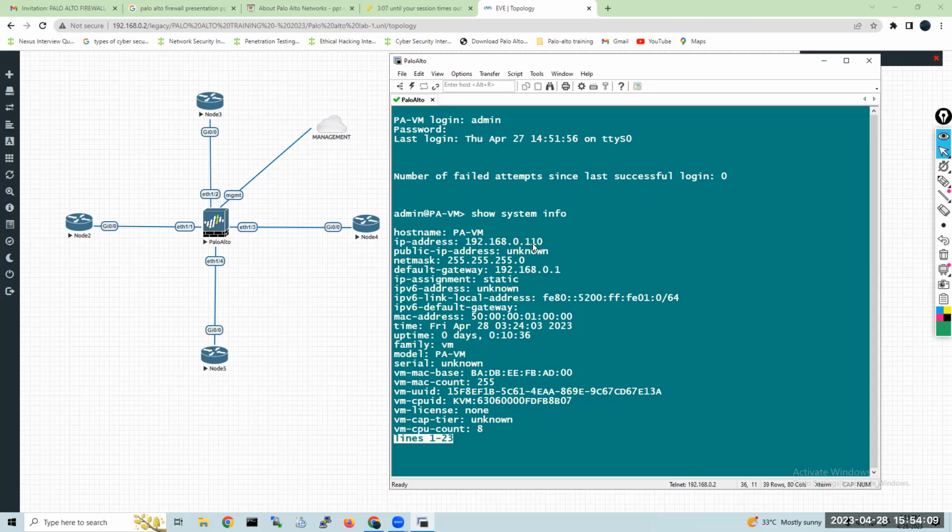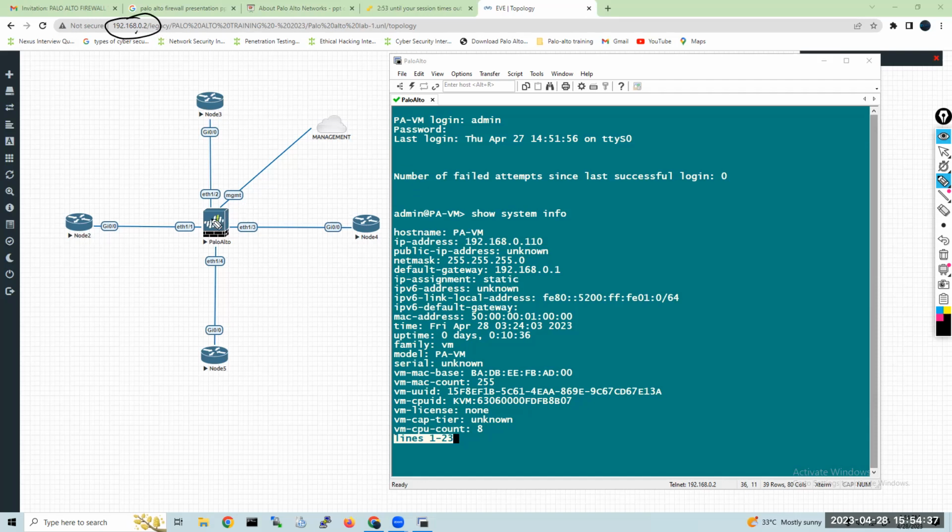So I have given 192.168.0.10. This one came up when you check in that CLI. This is the IP address I gave. 0.2 is for your EVNG, you can see, right?